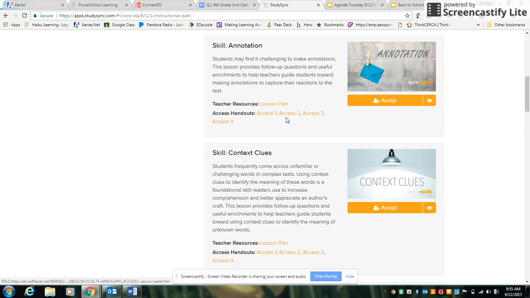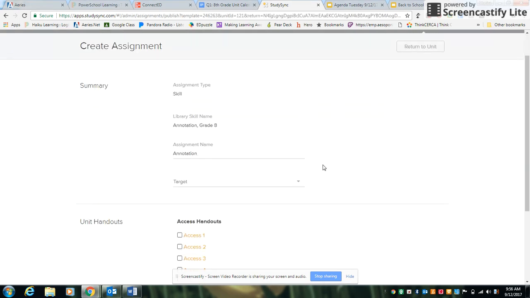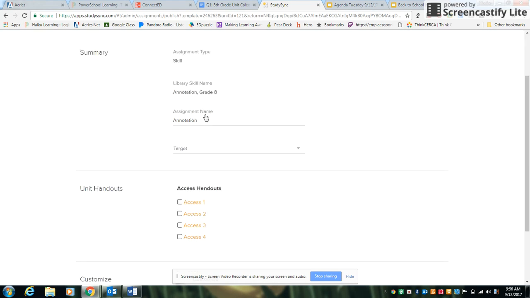You'll notice that it has the access handouts if you'd like to print these out for your students, or I can also show you within the assignment how to send it out. So you're going to press assign here. Okay, and it's going to give you a summary of what the assignment is, what the library skill name is, what the assignment name is, and then in this section,